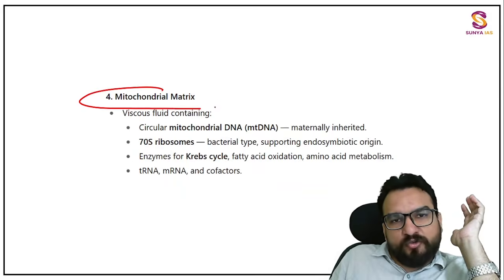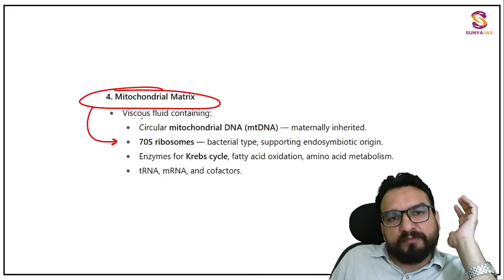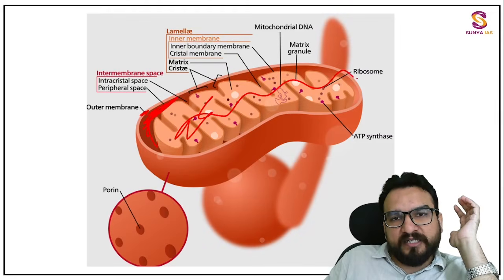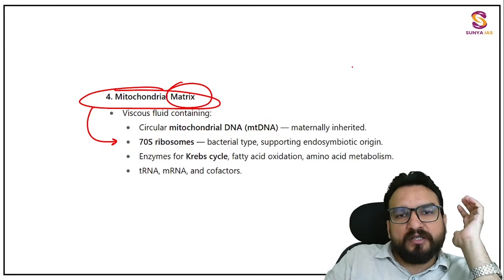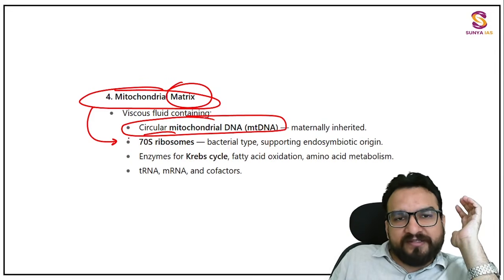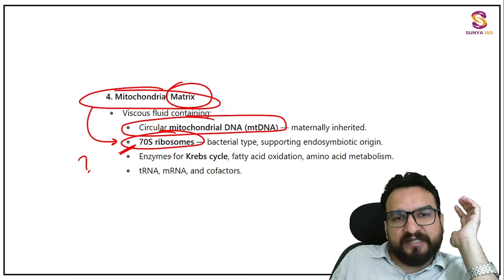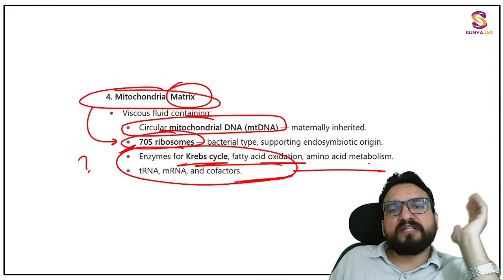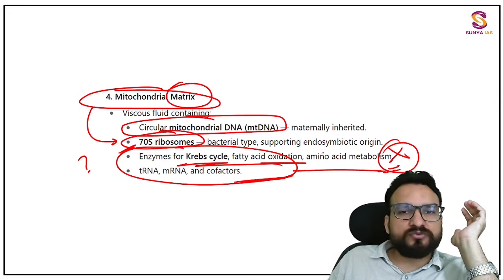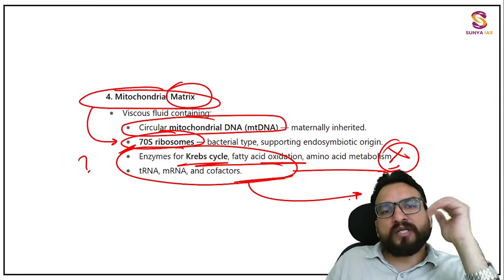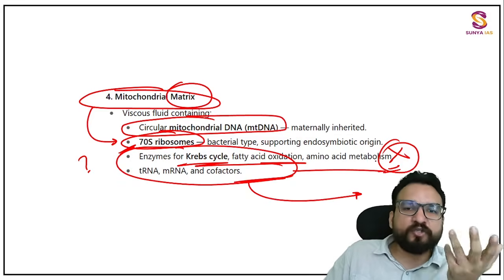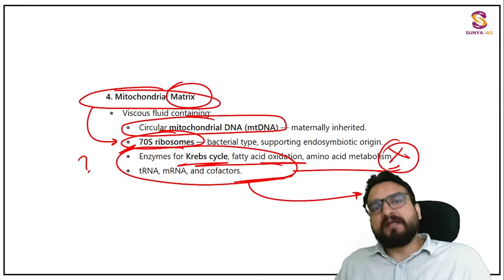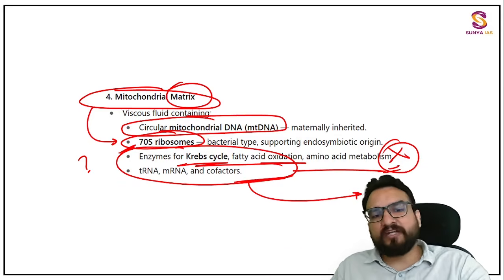Then there is the mitochondrial matrix. What I was calling matrix is the inner material over here. In the matrix you will find circular mitochondrial DNA, 70S ribosome, and certain enzymes which are needed for the different activities happening. We will understand this later on. No need to rectify it right now. Just write it down. Later on, when you do other units, you will understand what the Krebs cycle is, what oxidation is, what phosphorylation is. So this is the structure which you will highlight here, guys.